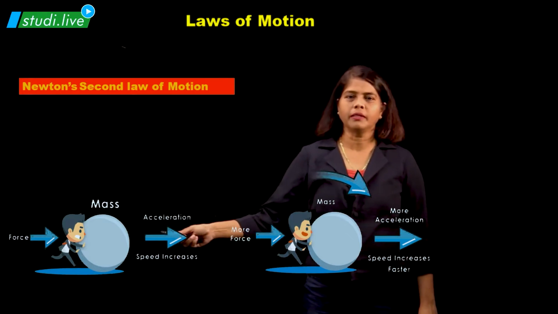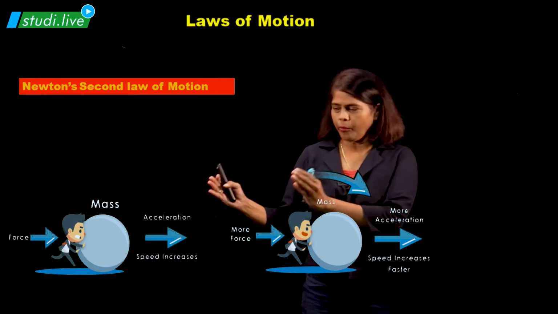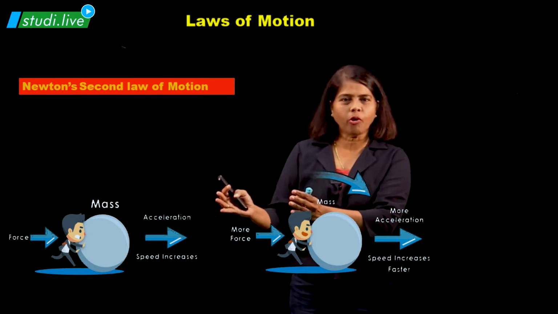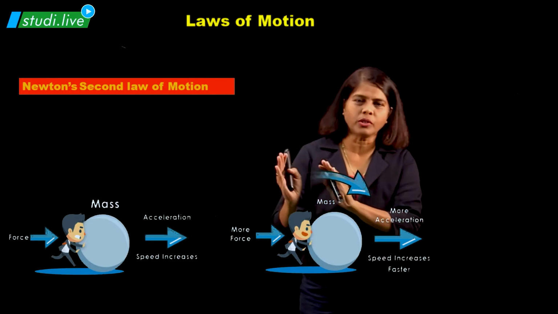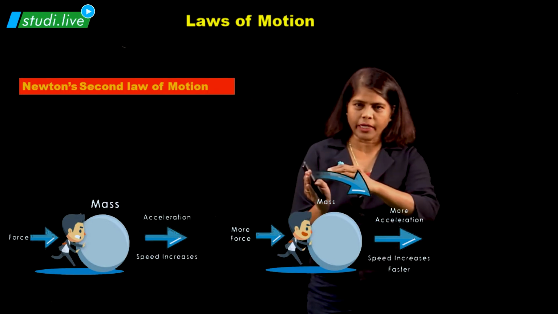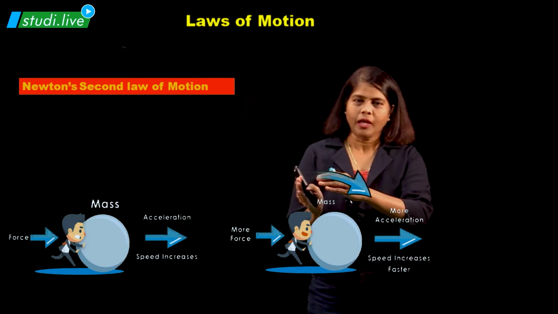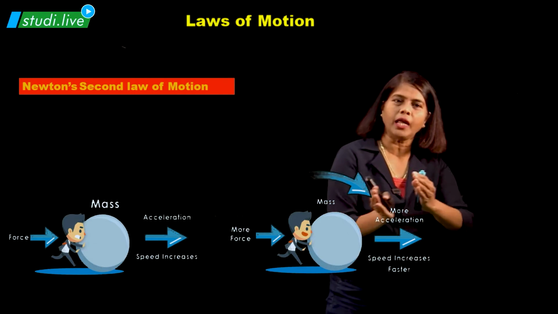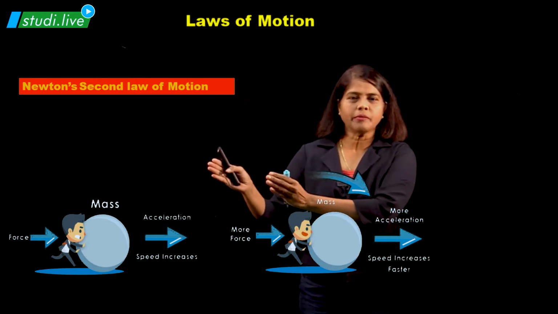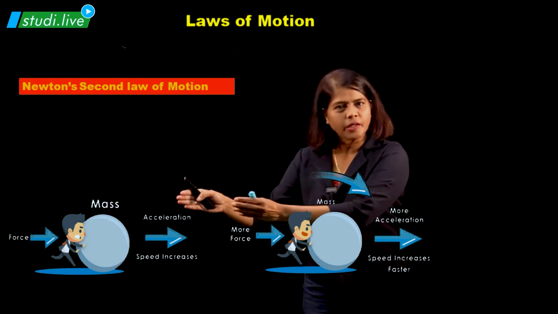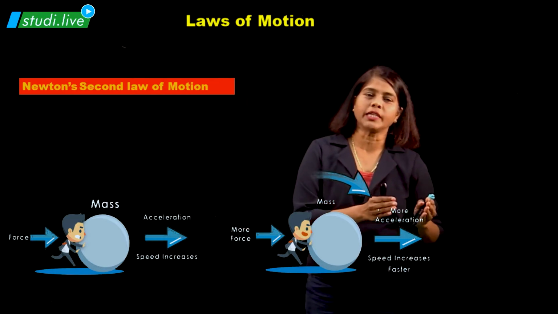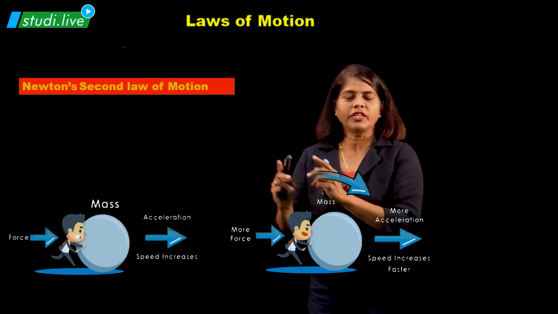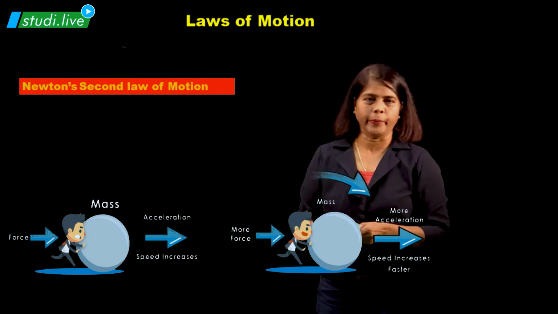As you can see here, this boy is pushing a big iron ball. Mass is more, so he applies force and it moves a little bit, that is the initial velocity. Then when he applies a large force, it moves faster with the final velocity. So students, mass into initial velocity is what? Initial momentum. Mass into final velocity is final momentum. Here you can see that when the large force is applied, there is more momentum, right.